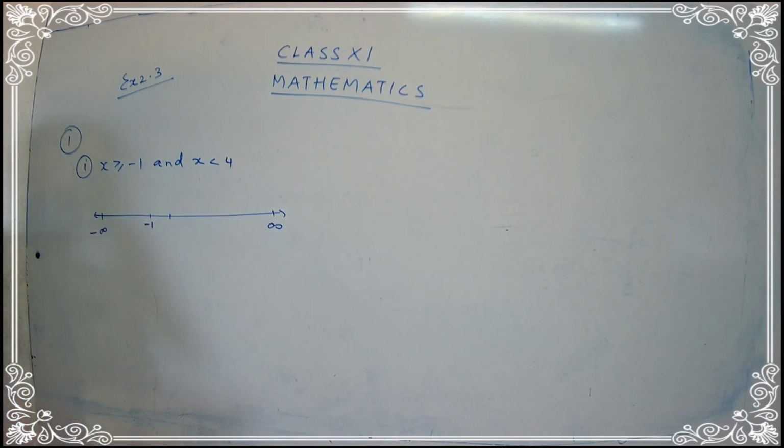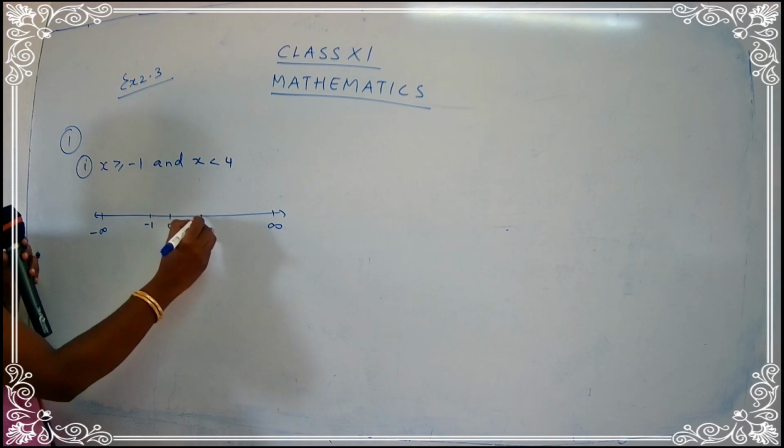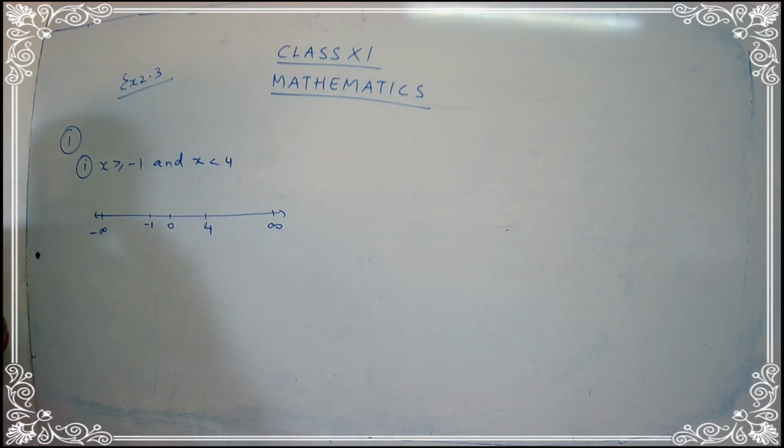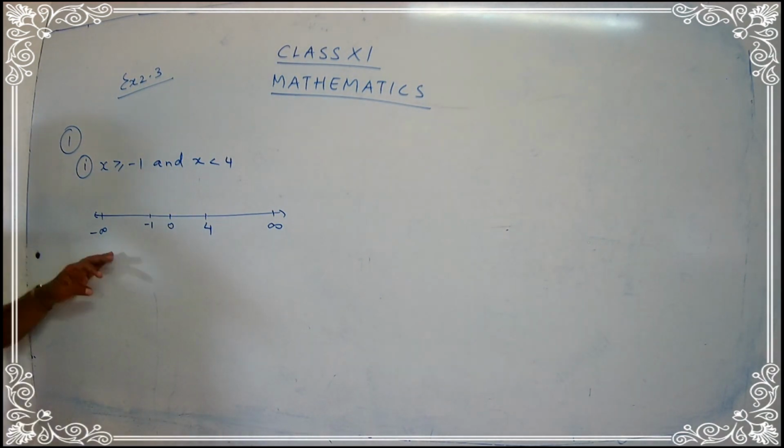And where is 4 going to lie? 4 is going to lie on the right side of 0. So this is 0, means 4 is going to lie somewhere here. So I have just marked the points. Mark the point, children. So draw a number line. Plot the points. Do not go on plotting all the points, only the points that we need. Like we need minus 1, we need 4. Just go on writing minus infinity, and that's all.